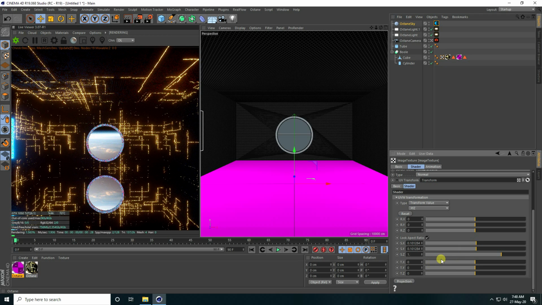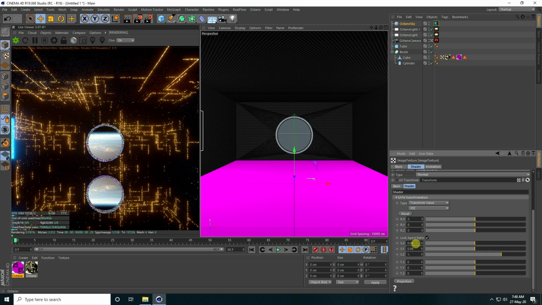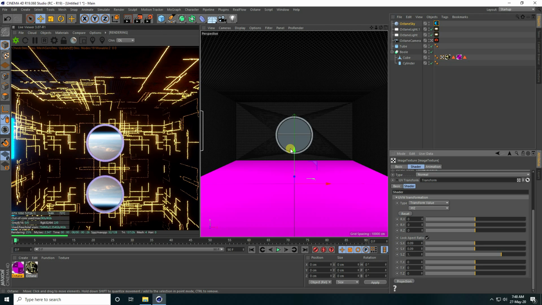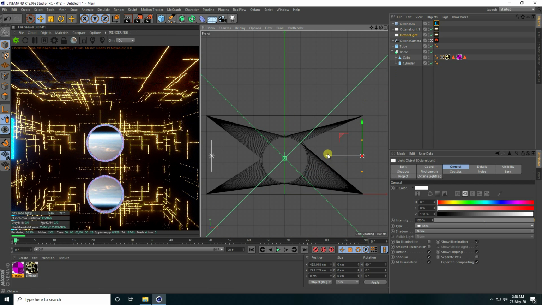Yes, see guys, that's my texture, and little bit more like 0.09. Yes, see guys. Okay, so guys, select this light, this one, first one, little bit closer.